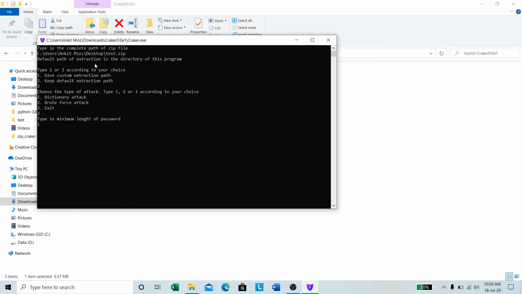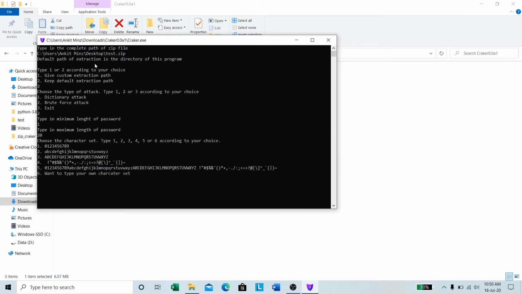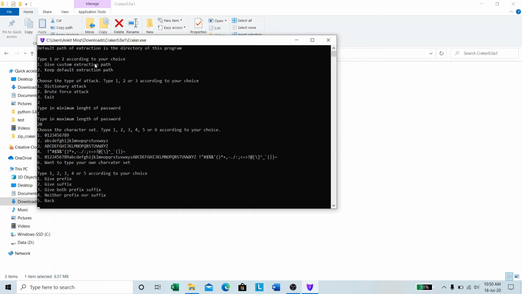Let's suppose we don't know. Maximum, I don't know. Let's give it 20. Character set, I don't know. 5. Prefix, neither prefix nor suffix.